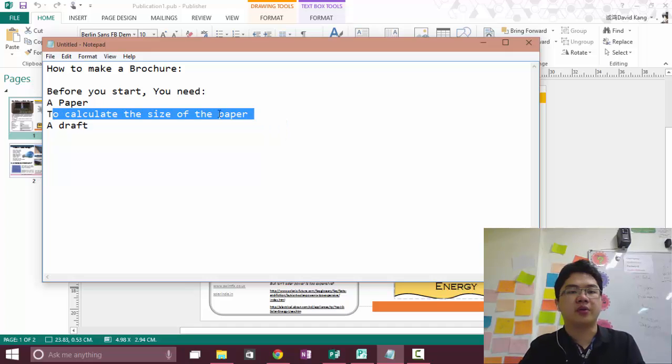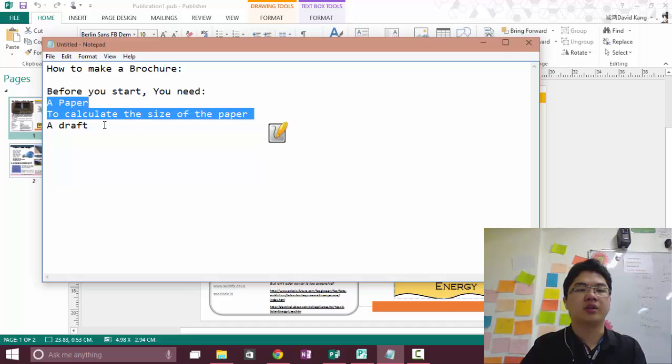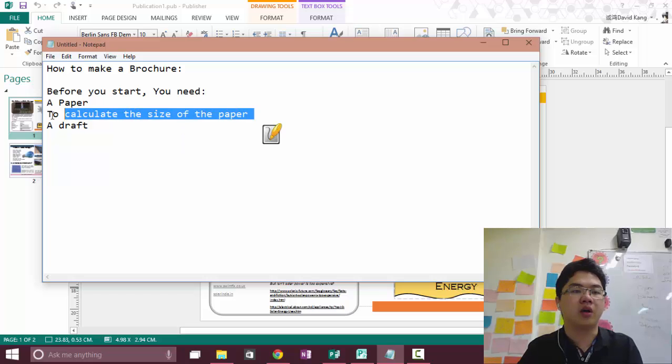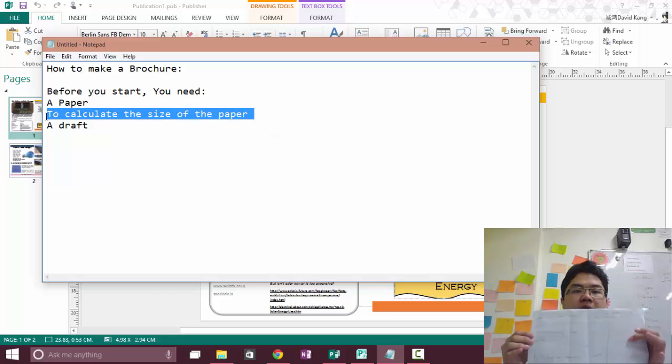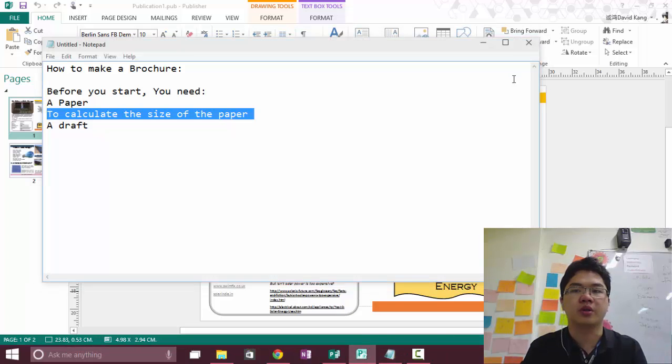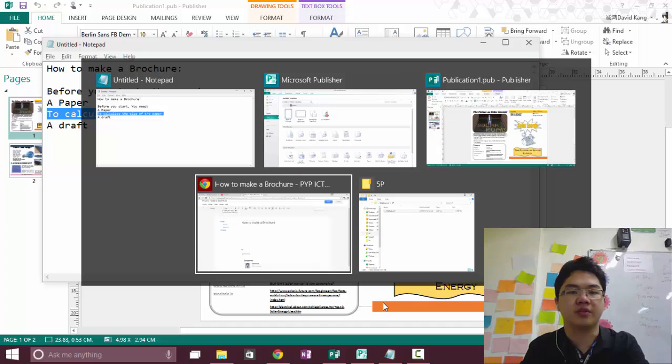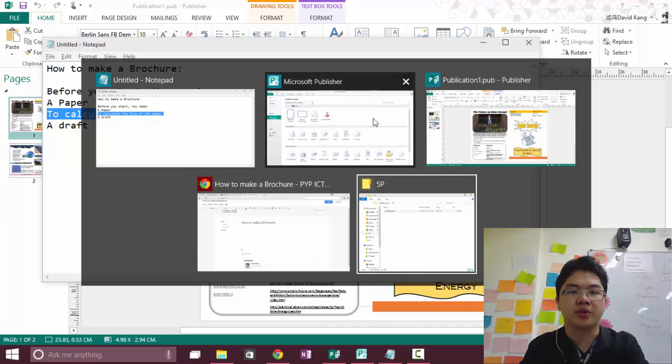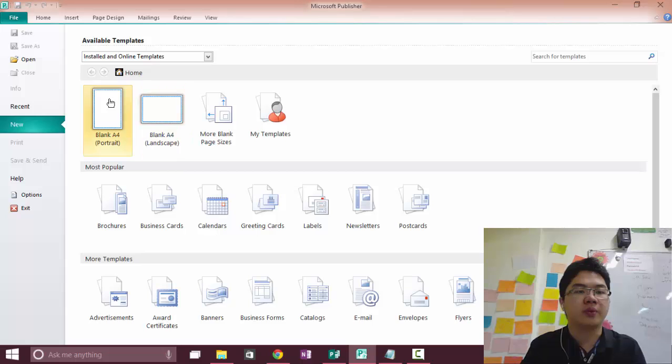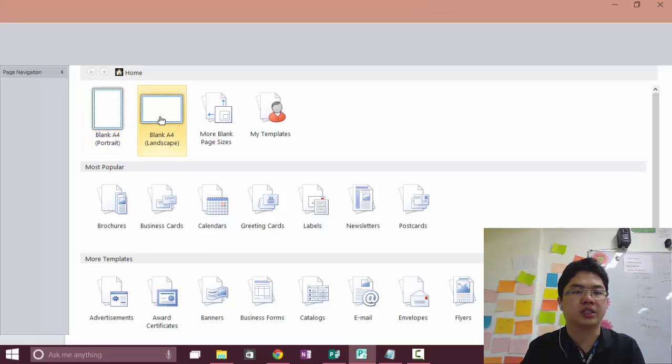Now, have you ever wondered the size of an A4 paper? How long and how wide is it? Alright, it's quite simple. All we got to do is go to Microsoft Publisher, and we were able to know what is the size of a brochure. Let me show you. Okay, if we want to know a size of brochure, we just click a blank A4